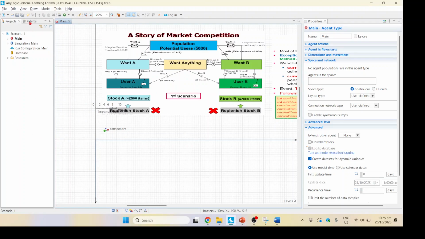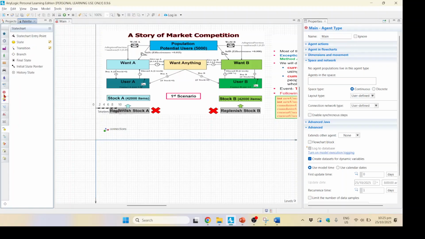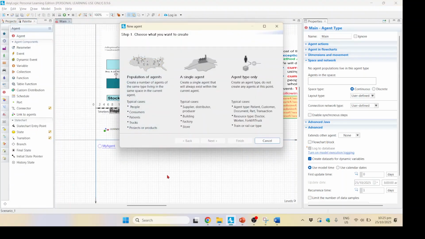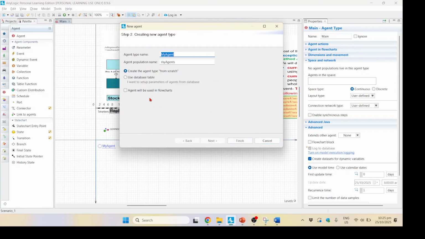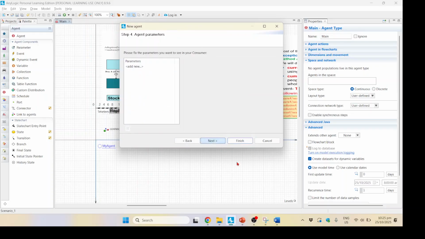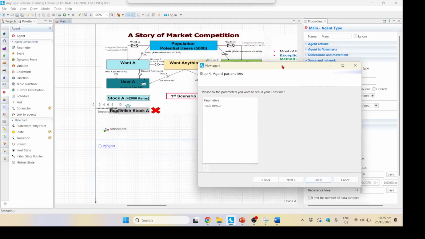So we want to add a population. We'll go to the palette and we will go to the agent library, and from there we will drag an agent to the main canvas. When we do it, it asks us what we want to do. We want to create a population, so we will call it consumer. Okay, and then we'll move to the next, and it will ask us about the graphics. We'll use 2D,